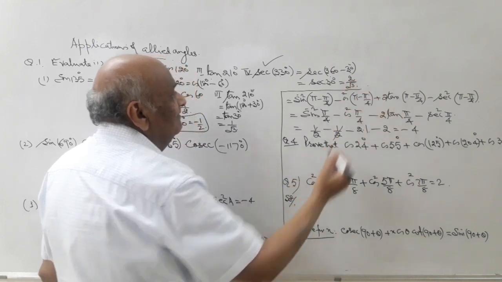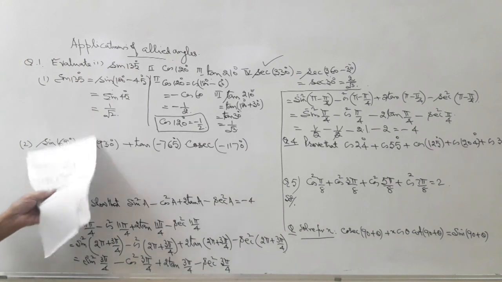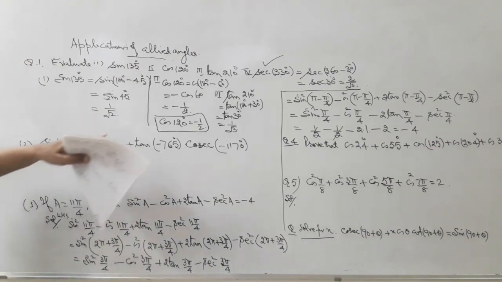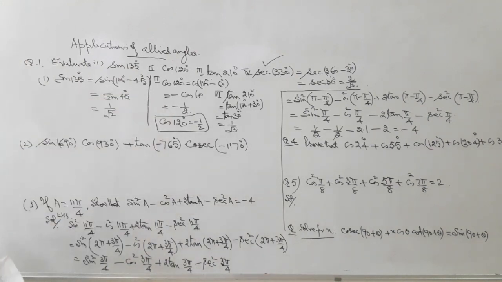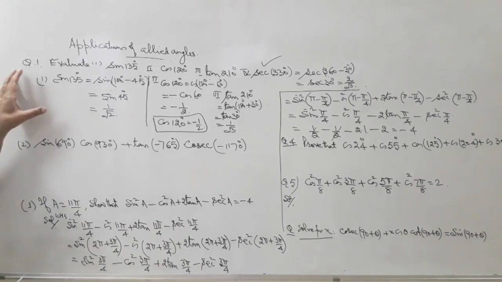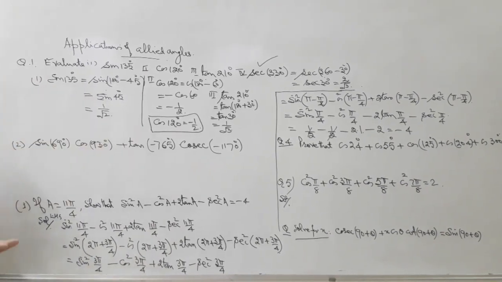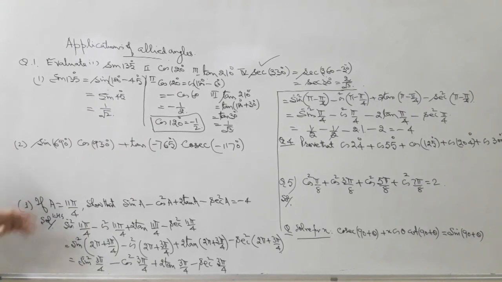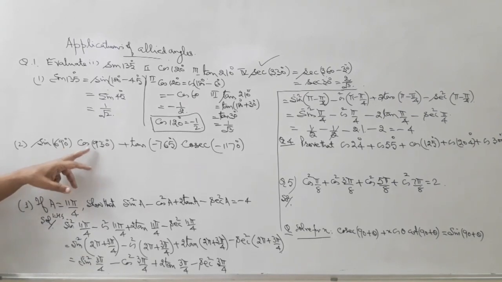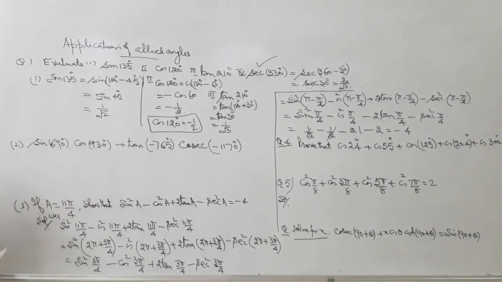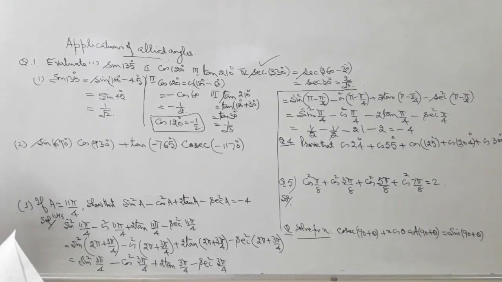So in this way you can evaluate the T ratios of the higher angles, like we have 330 degrees or something. Now, this is the first case. I have taken here the 4 different problems. Come to the second case. Here the angles are more than 360 degrees. So we try to give the number of revolutions here and say one revolution complete, or we say two revolutions complete. See, second question, sine 690 degrees.